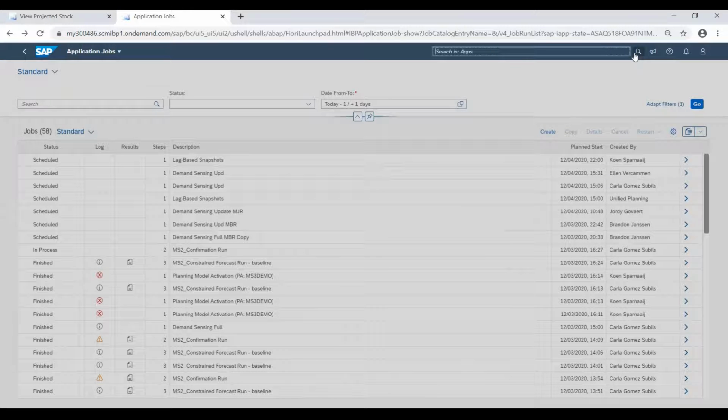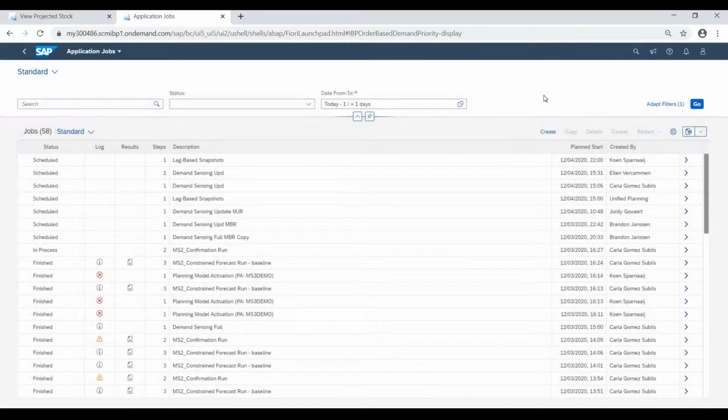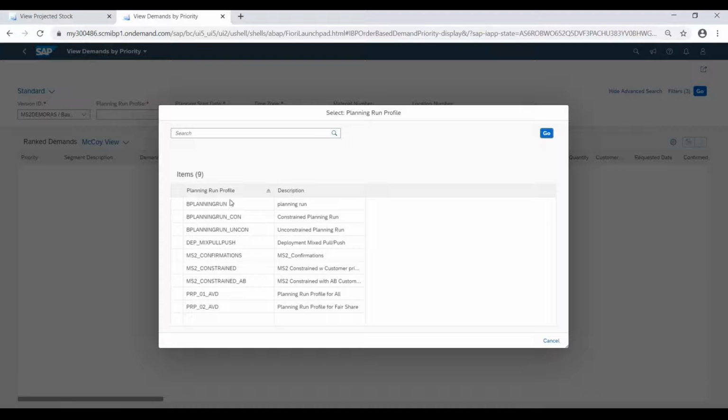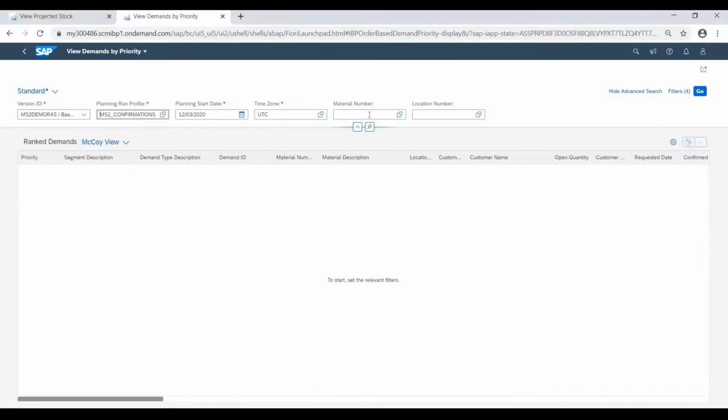So I want to show you how to check the different segments and the priorities of the rules you defined. So we go to this app. We select the profile we created, in this case, this one, for our material in our location.